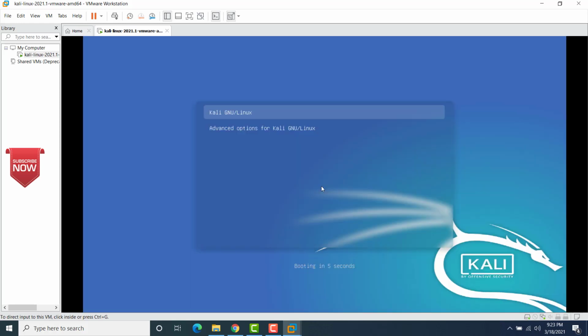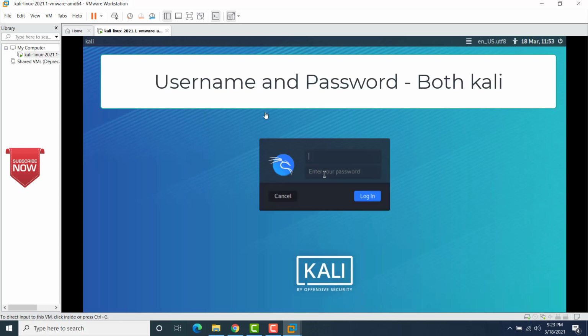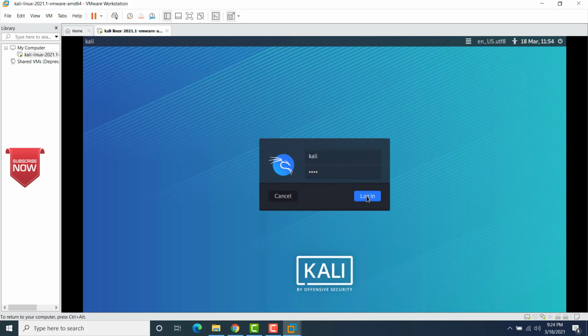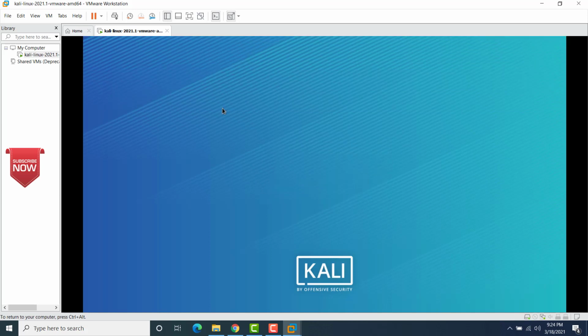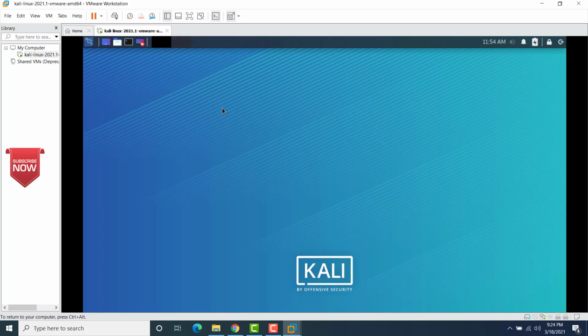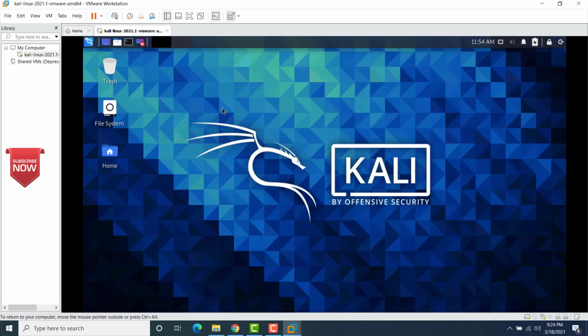Now you see the virtual machine process would actually start here. So it is actually booting up. Okay. Now let's wait for the login screen. Now here you see that we have reached the login screen. So what we have to do is to enter the username and password. The username is Kali and the password is also Kali. Okay. Login. Right. Now this will log us into the Kali Linux virtual machine.